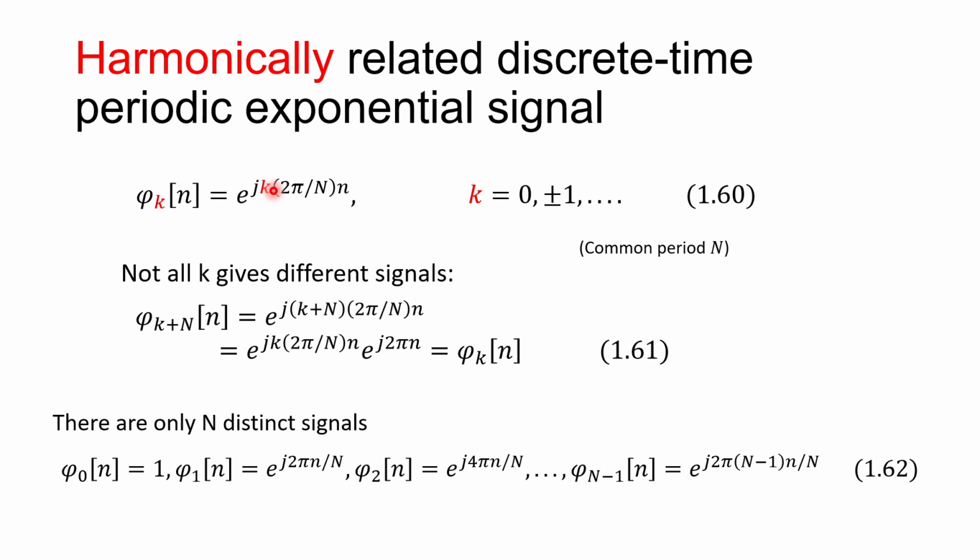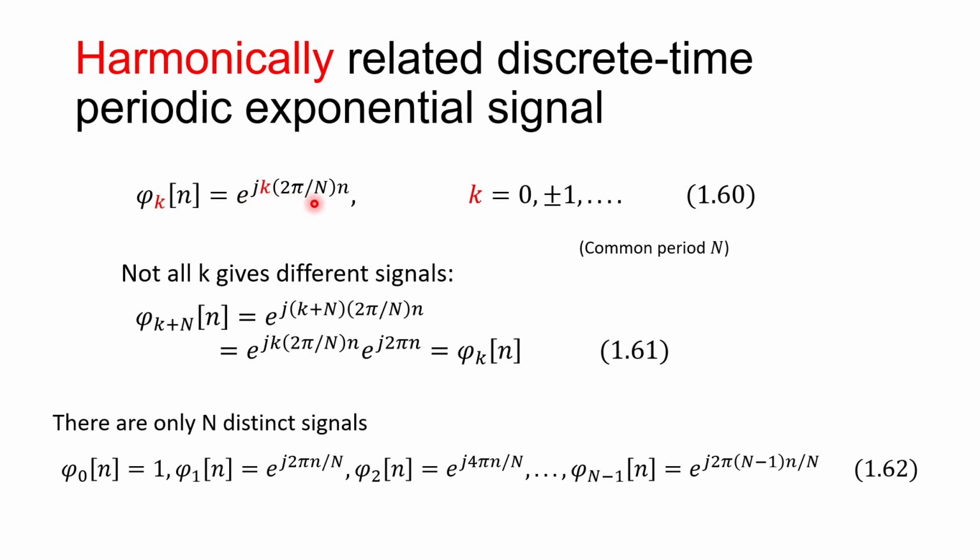So just like in continuous time, in discrete time you can put an integer multiple k here. Okay. So every psi k, that is e to the j k 2 pi divided by big N times small n, all functions of this form for every k have a period of N, and the set of all of them are called harmonically related periodic exponentials. Okay? And because of this you see the omega here is k 2 pi divided by N,